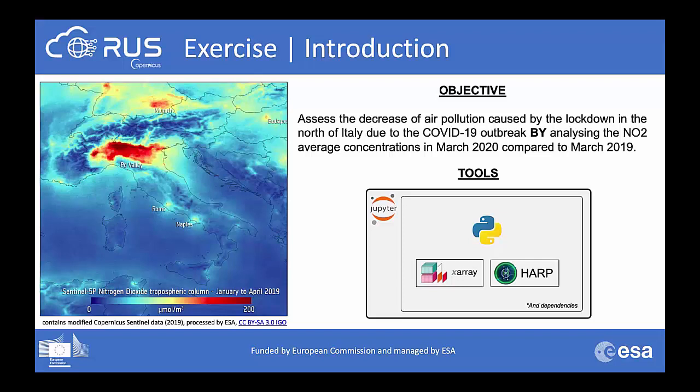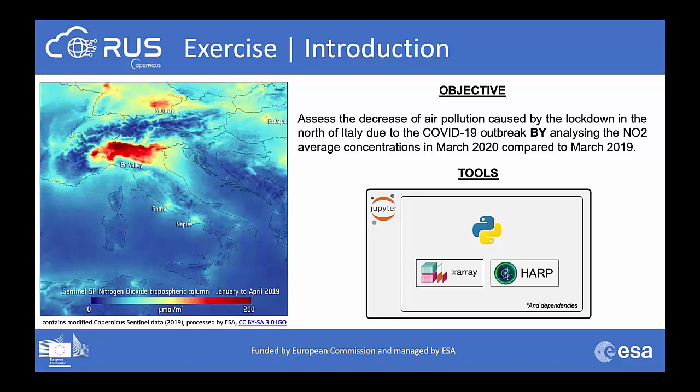And how are we going to do that? Well, we will do it using as framework a Jupyter Notebook, more precisely a Jupyter Lab. Then within this Jupyter Notebook, we will use Python to run our analysis using 2 main libraries. The first one is going to be the xarray library, which will allow us to process netCDF files in Python. The other library is going to be HARP. HARP is not actually a Python library, but it's a software that I'm going to introduce you now. But this HARP software is going to allow us to pre-process our Sentinel-5p data and bring it from level 2 to level 3. So don't worry, I will go very deeply into this later on, but just to give you